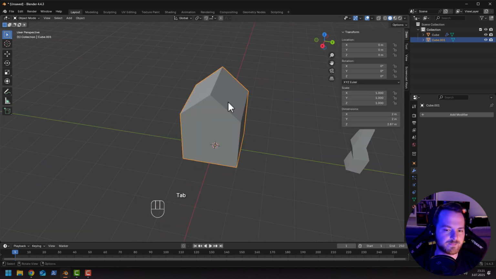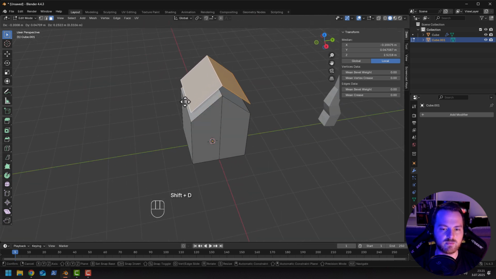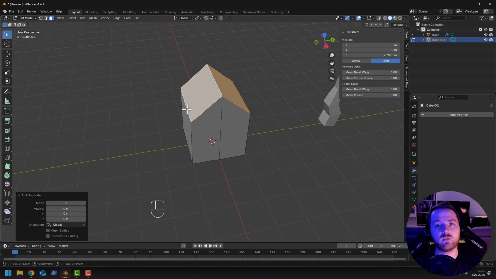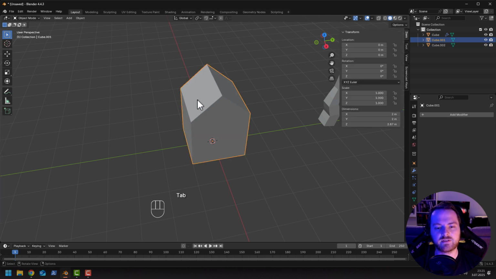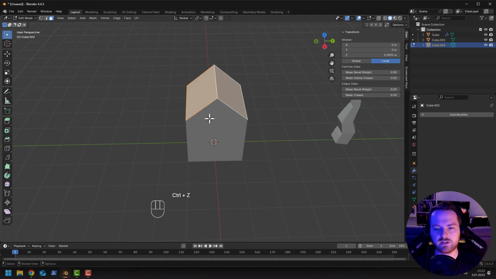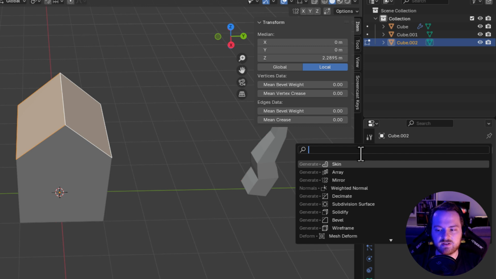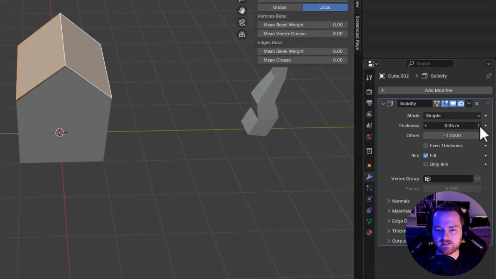What I can do is select those two faces, Shift D to duplicate them. Now, if I want to separate them into a separate object, I press P and select selection. Now I have this roof object over here. And now I can add a modifier, which is the Solidify modifier, and now I can set a thickness,